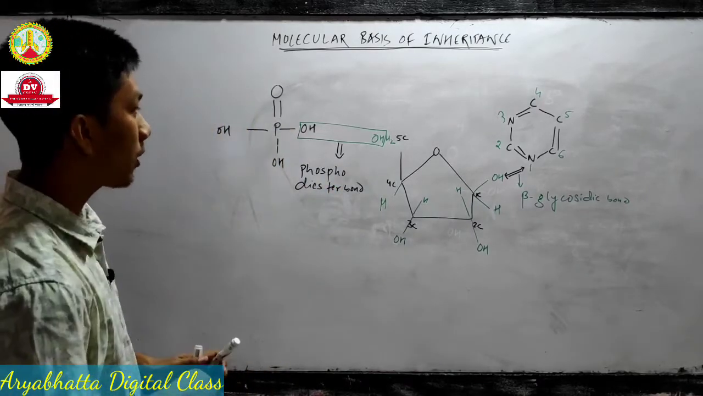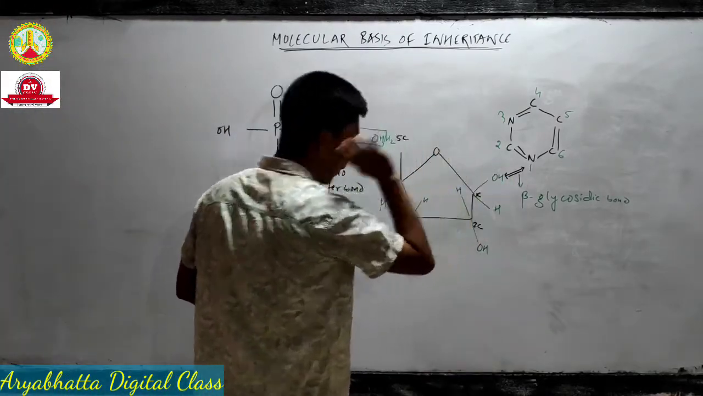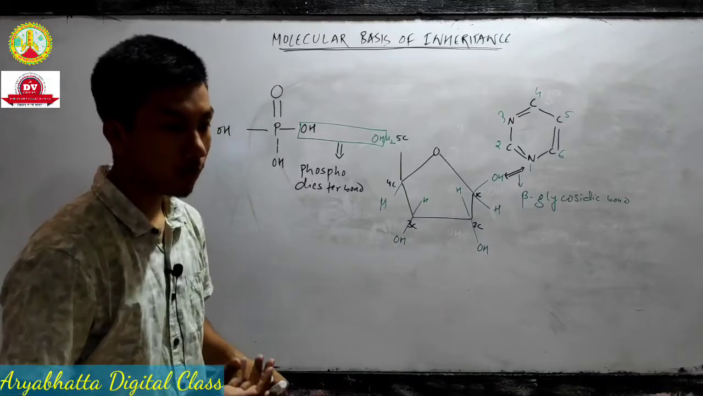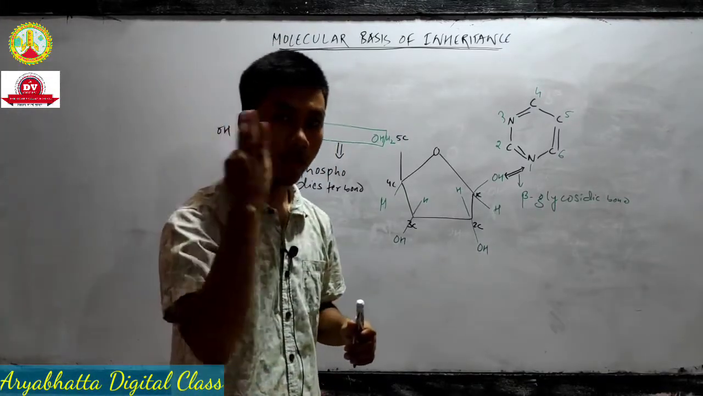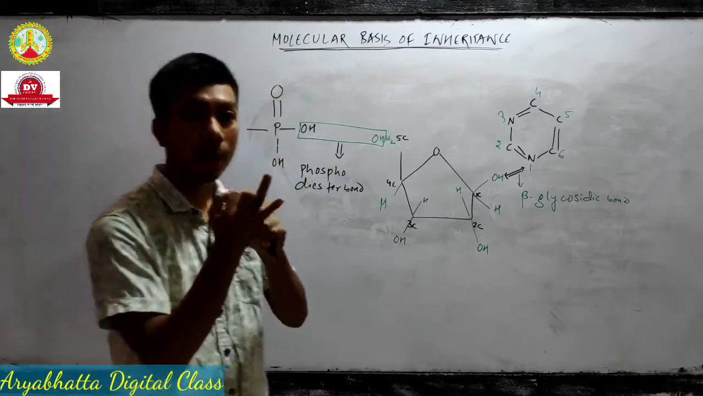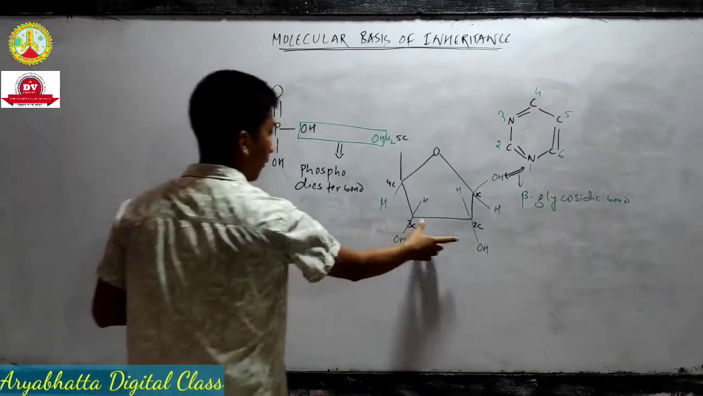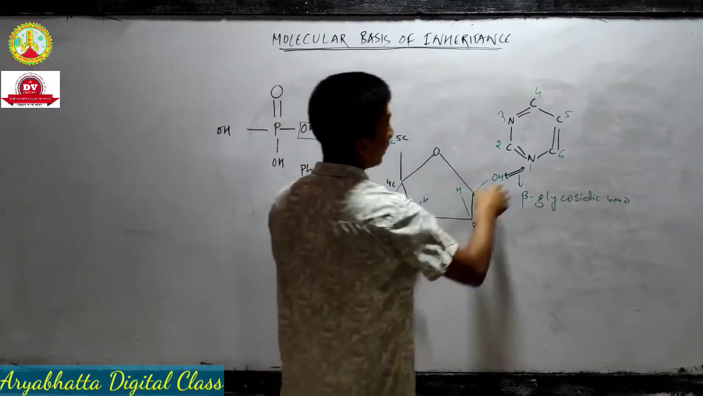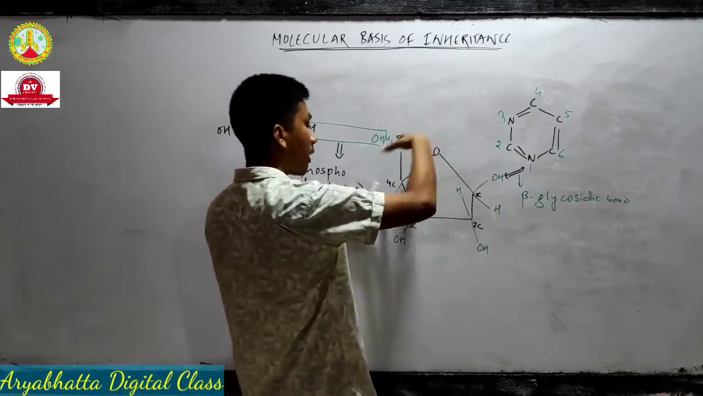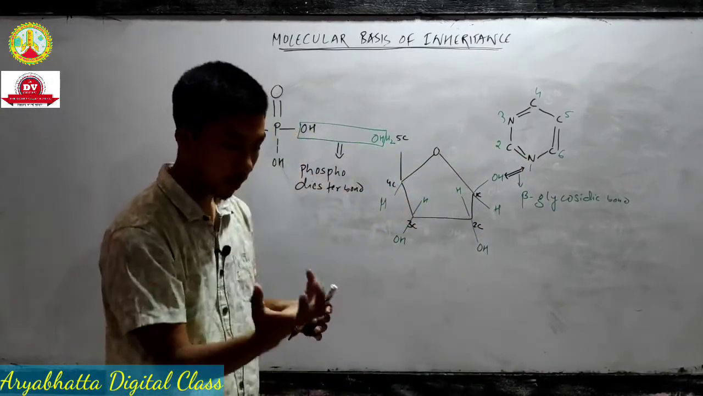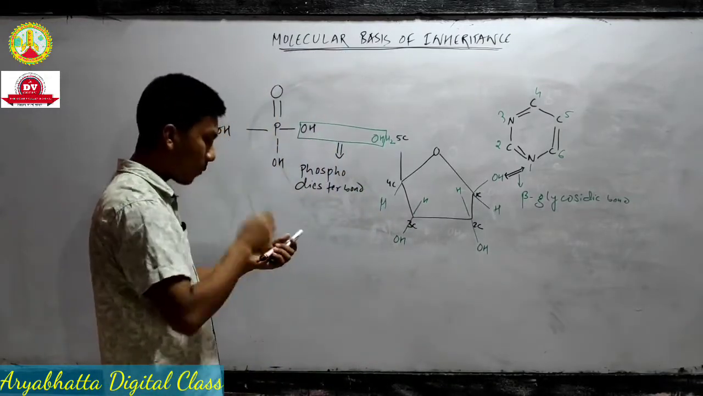Phosphodiester bond. Okay, so this is the complete molecular structure of nucleic acid. What we have discussed, what we have known now, is that nucleic acid is made up of three things: pentose sugar, nitrogenous bases, and phosphate group. Here we have pentose sugar, here we have nitrogenous bases, here we have phosphate group. They combine together to make molecules known as nucleic acid. So the remembering part is this: